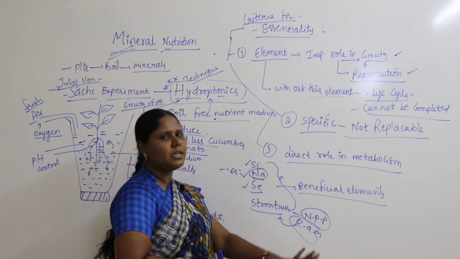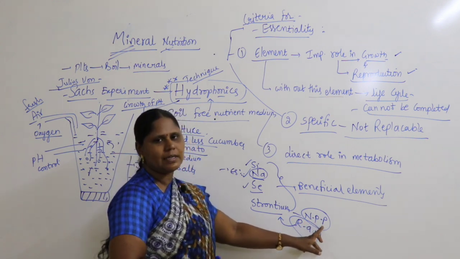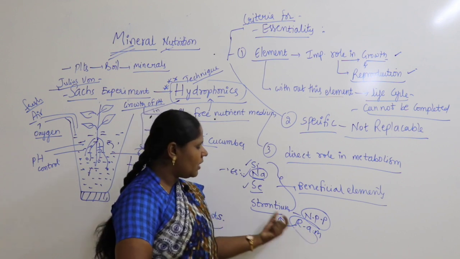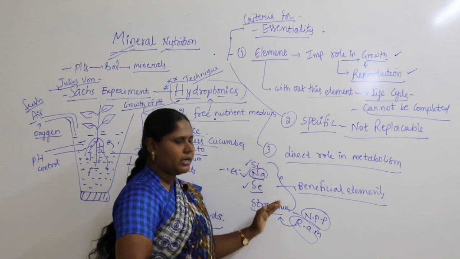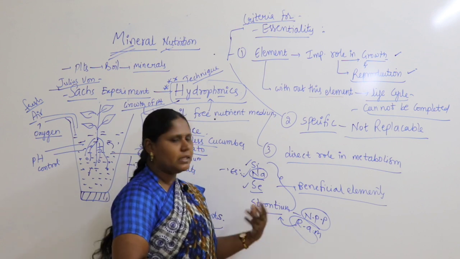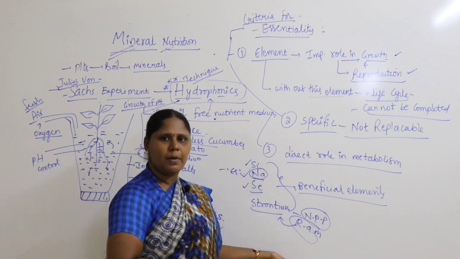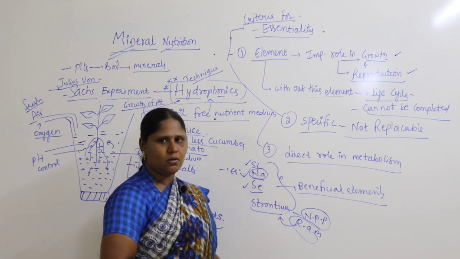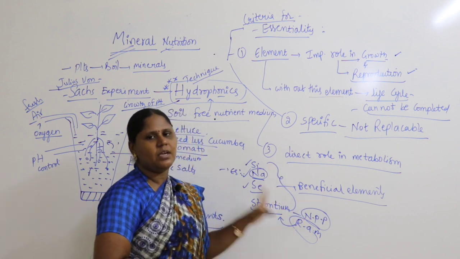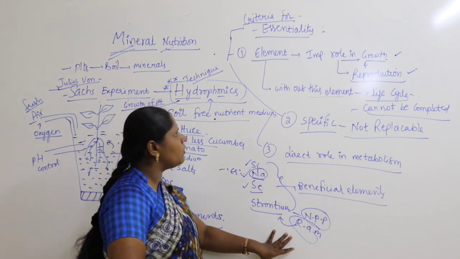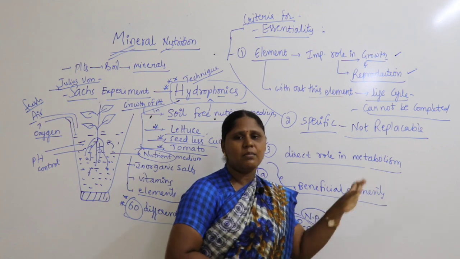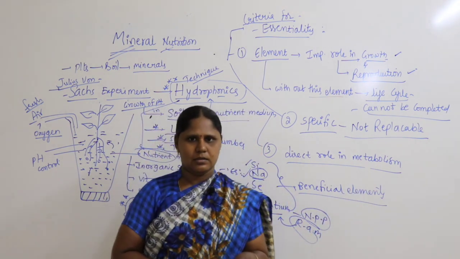What is NPP? A simple example: nuclear power plants, where nuclear tests are conducted in the surrounding environment. We may have different types of radioactive materials, for example strontium. When these elements are in excess quantity they may be very harmful to the plant, but in low quantity they act as very beneficial to the plants. They are present very rarely in the soil, but are beneficial in low concentration, so they are called beneficial elements. Now, based upon the most important functions they perform in metabolism, elements are further classified into different categories. Let us discuss them.